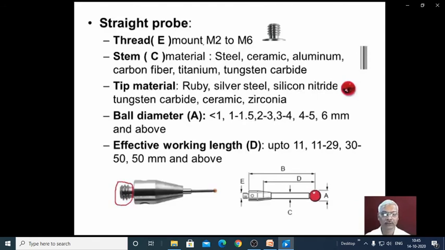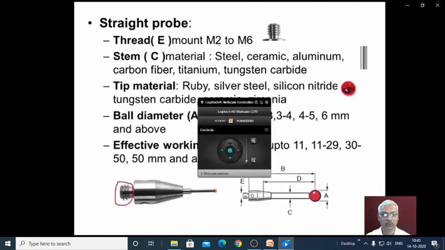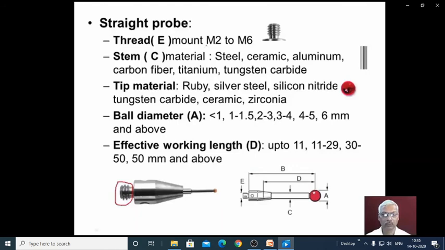Different threads are possible, M2 to M6 threadings, and then this is the stem portion. Stems are available with different materials like steel, ceramic, aluminium, carbon fiber, titanium, and tungsten carbide, and they are available with different diameters also. And at the end we have the tip.